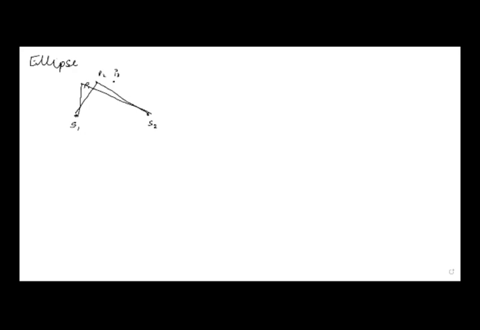If I take point P3, then the sum of distances, that is S1P1 plus S2P1, will be the same as S1P2 plus S2P2, and it will be the same as S1P3 plus S2P3. So if I connect all these points, then the figure obtained will be somewhat like an oblong circle,